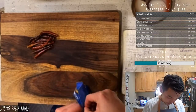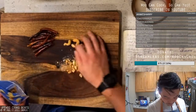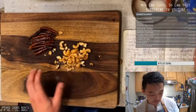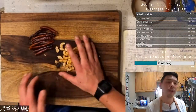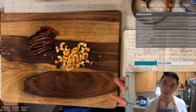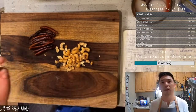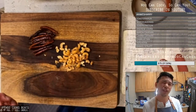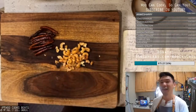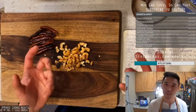And then the second thing that we're going to be using are cashews. So, yeah. Do we have enough cashews? Yeah, we're gonna have weird amounts of cashews. Cashews are another thing that I love adding very, very early, especially if you're using raw cashews. These are not raw cashews, but if you are, you can add them to the wok heat very early, and it gives you a nice crisp cashew. If you've ever had a Kung Pao chicken and you come across a cashew that's kind of chewy or not very toothsome, sort of like a soggy peanut, that's because they're added too late, and it basically turns into a boiled peanut because it's just boiling in the wok heat